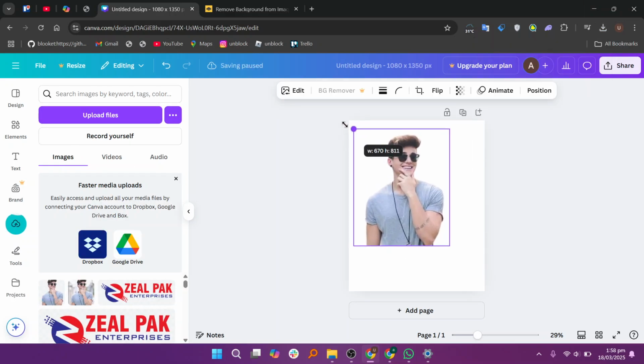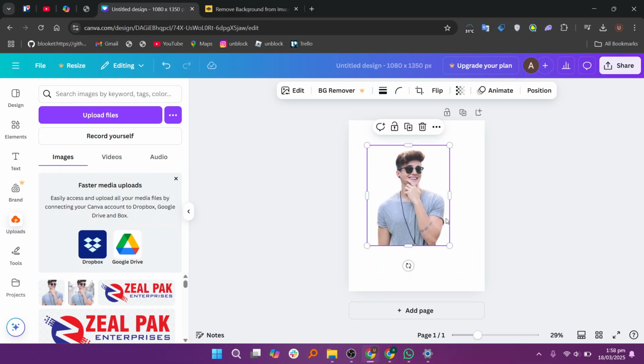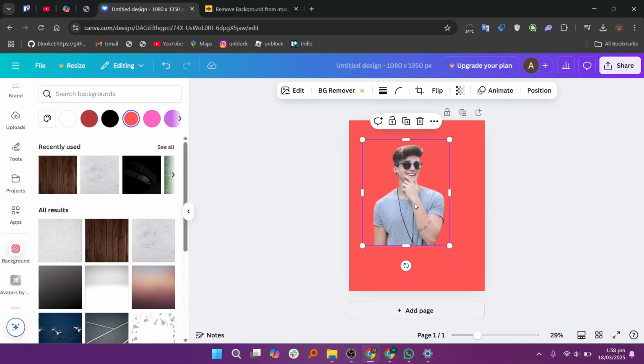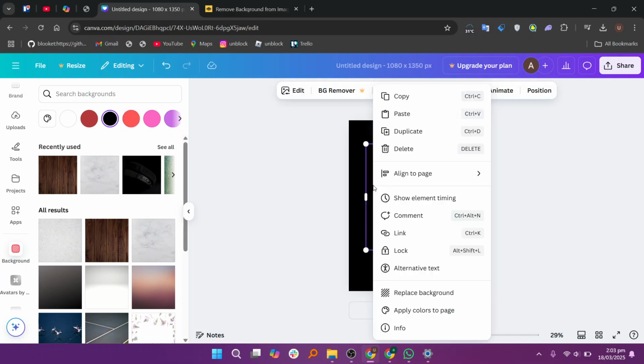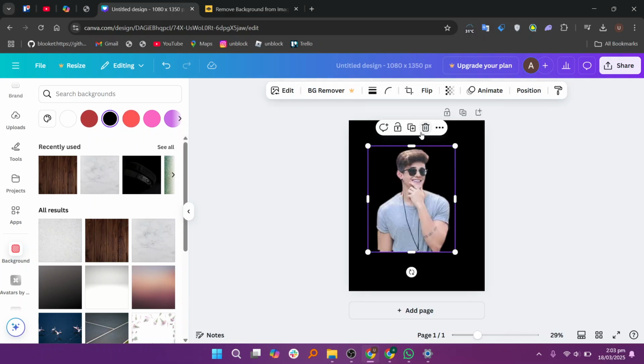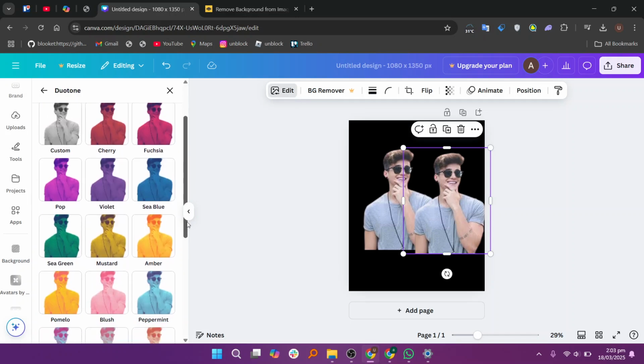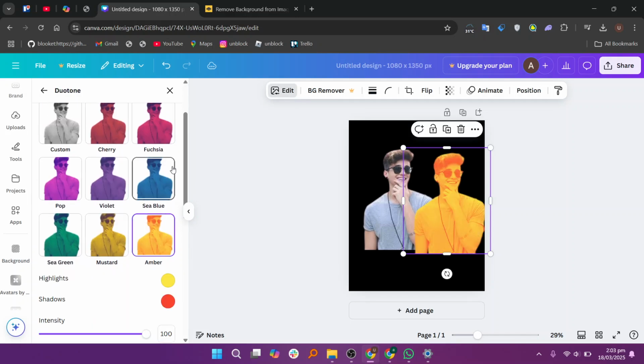Increase the size of the image on the Canva as needed. Next, click on Background from the left sidebar and select a background that fits your design. Now, right-click on the image and select Duplicate to create a copy. Click on Edit for the duplicated image, then select an effect such as glow or shadow to apply to the duplicate